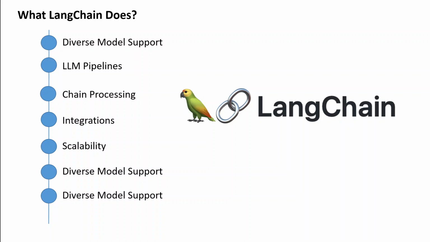LangChain is highly scalable and it enables you to scale NLP workflows to handle large datasets and complex tasks. LangChain also has support for many models, as I mentioned earlier, from closed source like ChatGPT and also open source like Llama and various others. Plus, it also has support for a lot of cloud-based models such as PaLM from Vertex AI in Google Cloud Platform and also the Titan models in AWS.